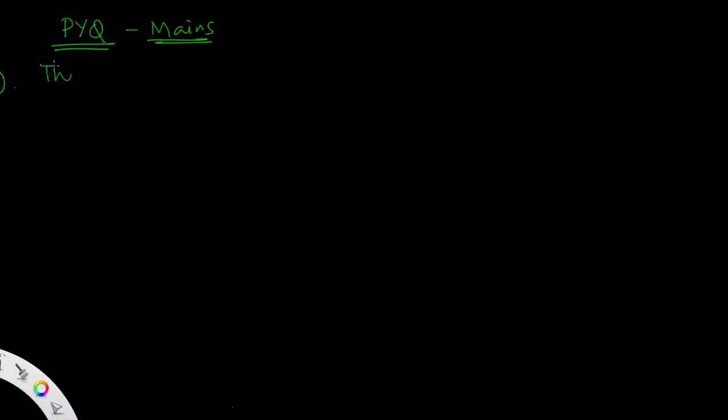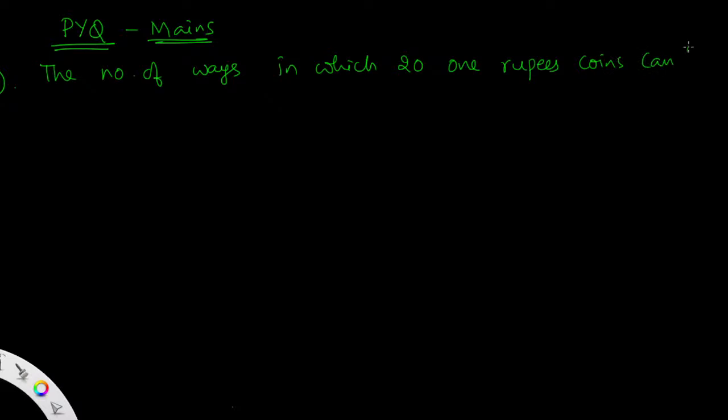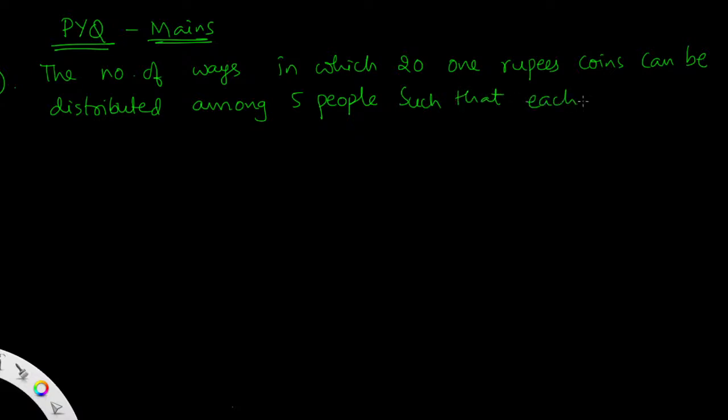So the question is the number of ways in which 21 one-rupee coins, with denomination 1 rupee, can be distributed among 5 people such that each person